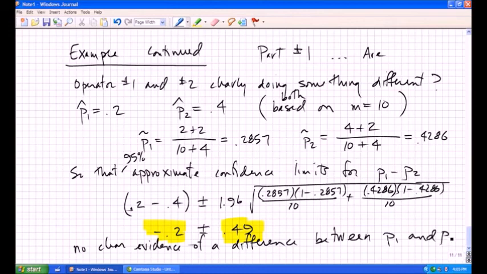That is, the rate at which operator number 1 is making non-conforming calls. I can't tell that with clarity from the rate at which operator number 2 is making non-conforming calls on part